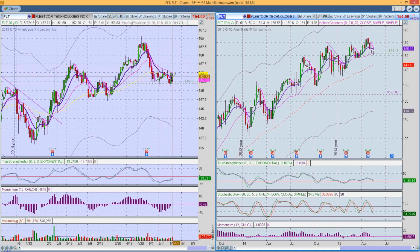But if we can get this, it has closed back up above the whole moving average. And so if it proceeds on from there, that would be a potential. And the run on that could be up here from, let me get my,